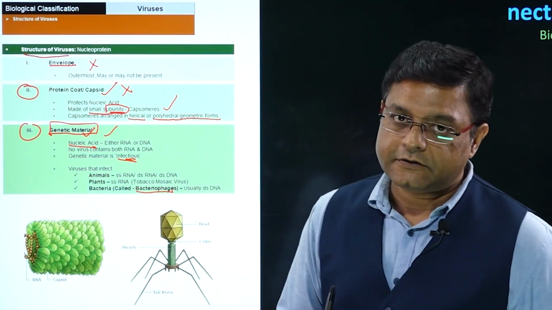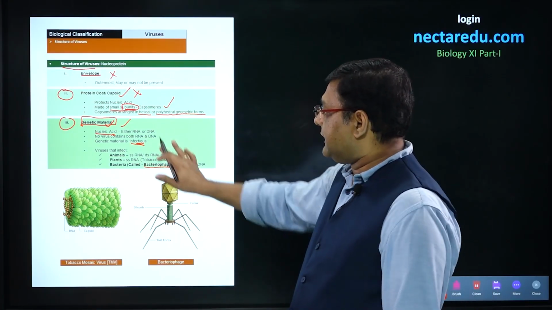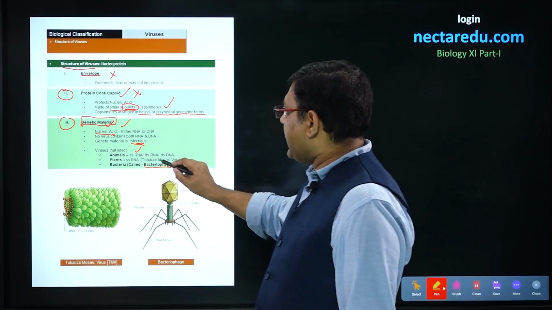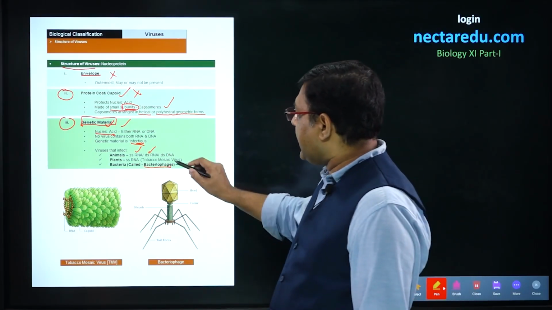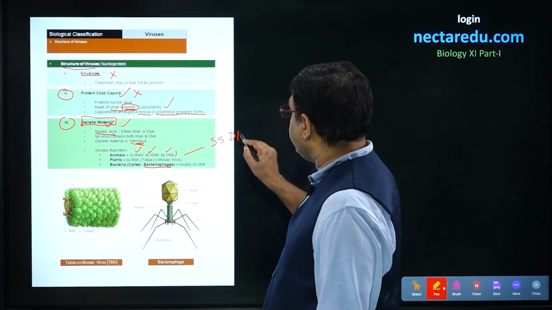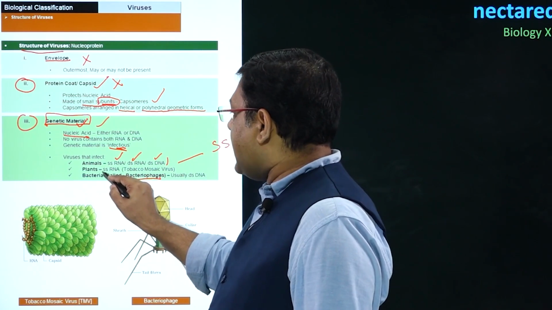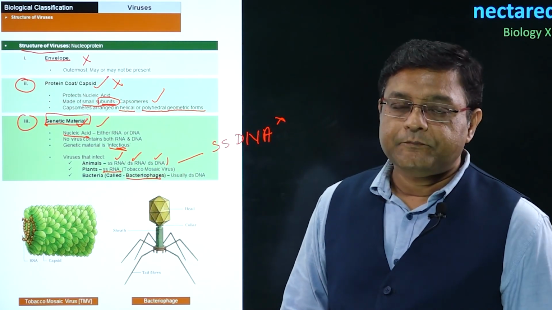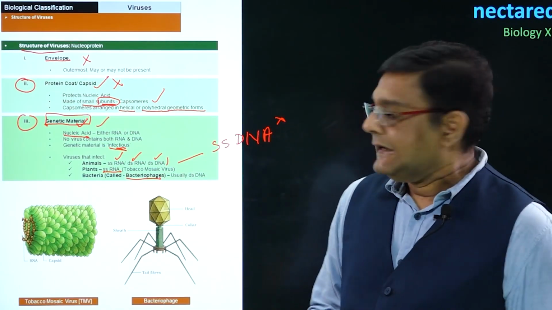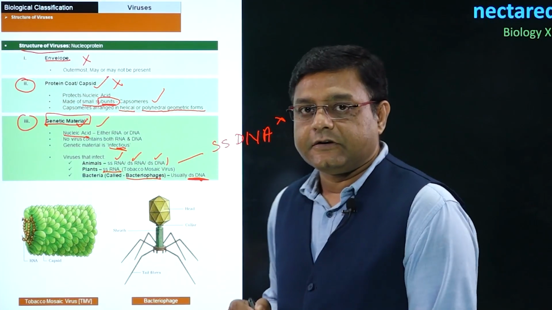plants, and bacteriophages. Talking about the animals, the viruses that infect these, in them the genetic material can be single-stranded RNA, it can be double-stranded RNA, it can as well be double-stranded DNA. So that means here single-stranded DNA is not present. The viruses which infect plants are generally having single-stranded RNA. A common example is tobacco mosaic virus, that is TMV. The bacteriophages, these usually have double-stranded DNA structure.